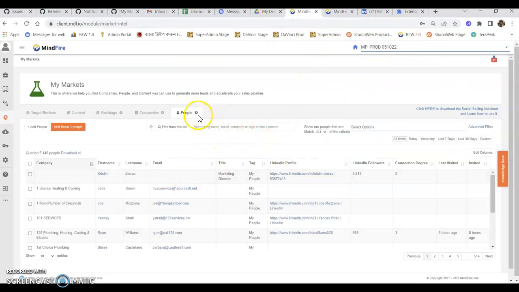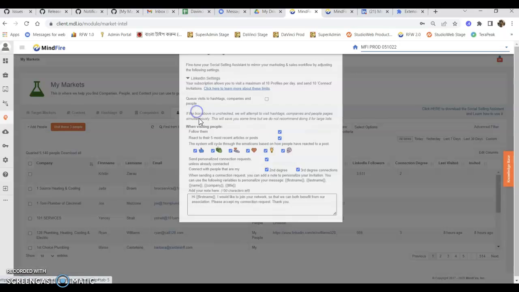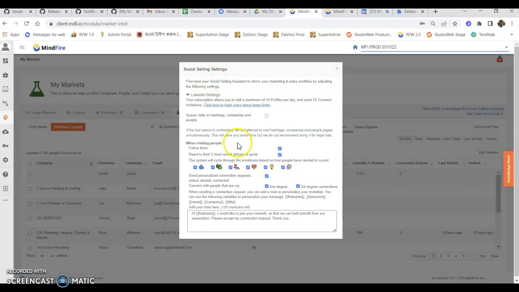Now, with that said, let's talk about the one change that we have in this release. In each of the settings, we now have the option to also react in different ways using the emoticons. You can turn them off if you like, but like is always the default, but you can always turn them